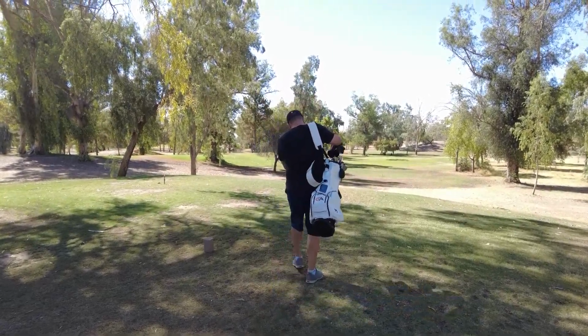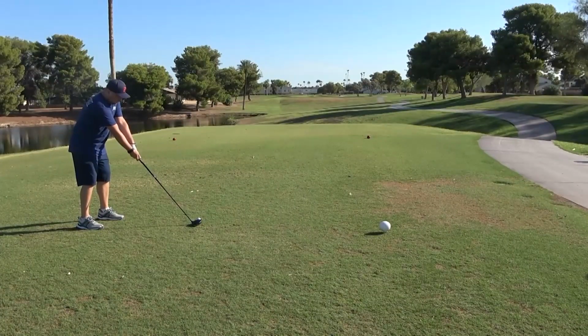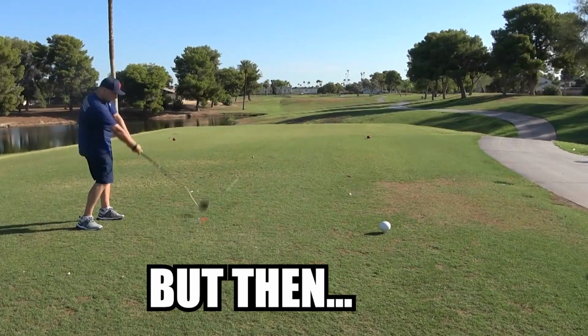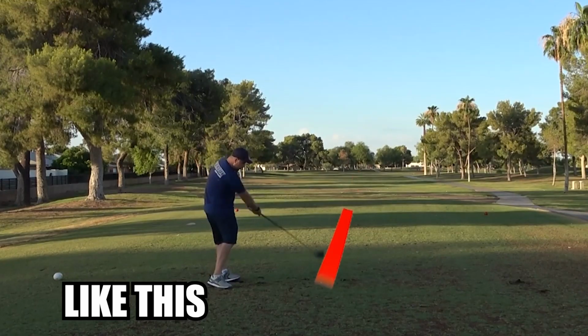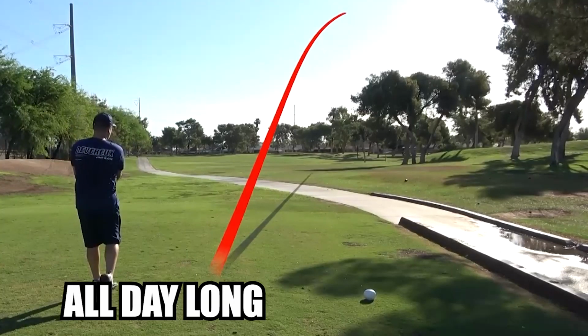So imagine stepping onto the golf course, a fresh breeze brushing past, the sun is gleaming, and in your hands is your trusty golf driver. But then you proceed to hit driver shots like this, and like this, all day long. I know, we've all been there. So what do you do? Well, you could go out and buy a new golf driver, and that's exactly what I did